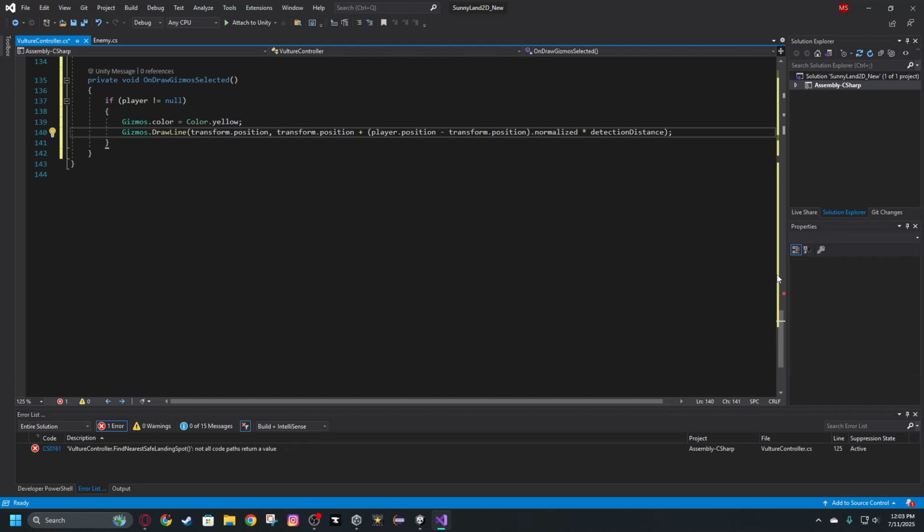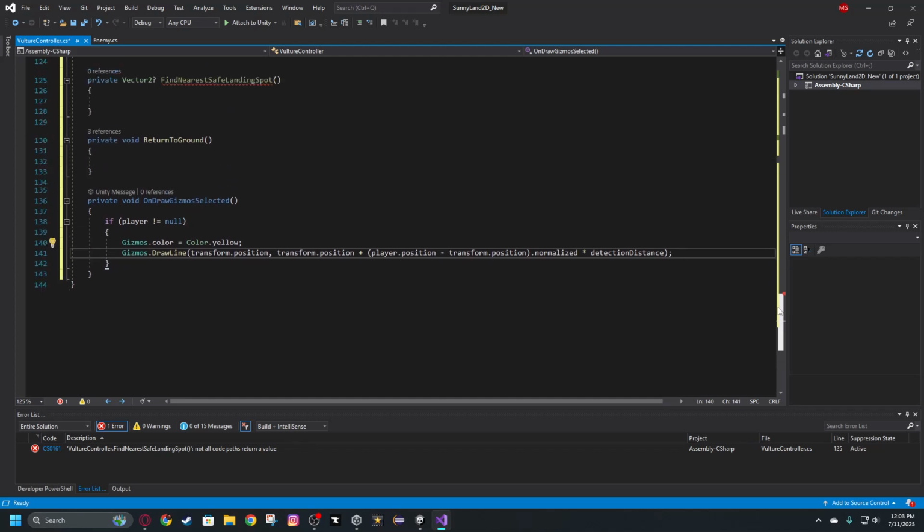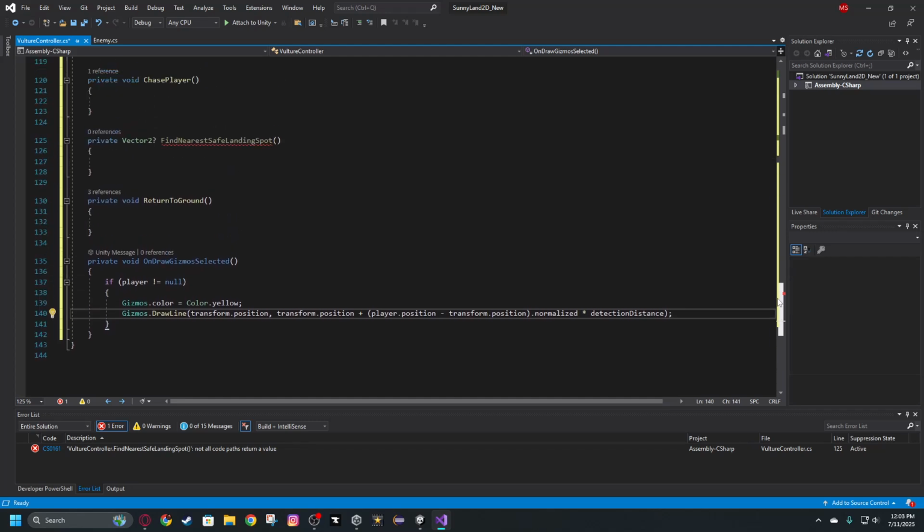Now this isn't something you have to keep, this is more for debugging. Though actually, I don't think we need this, because I think this one doesn't detect the player, maybe. I cannot remember. So I'm going to go back up